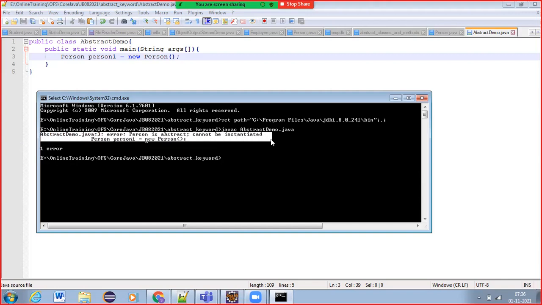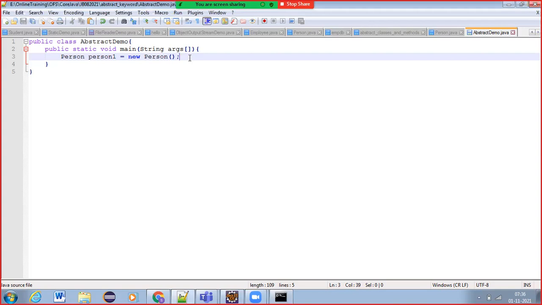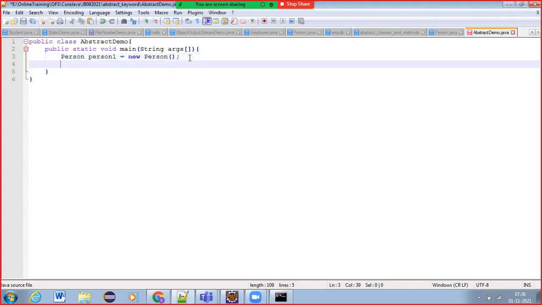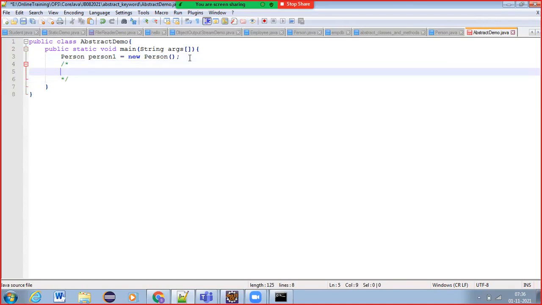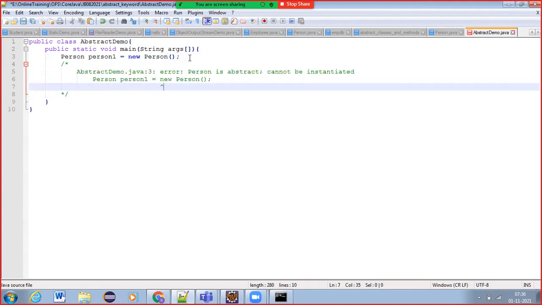Let me copy the error message also so that you can remember. In this place, it will give you this error. This is a multi-line comment, slash star, and in between that, whatever we write is considered a comment.